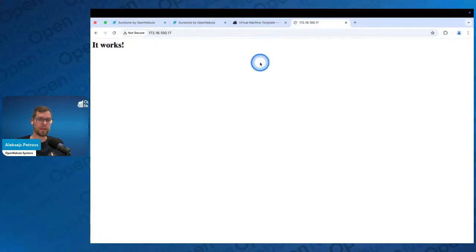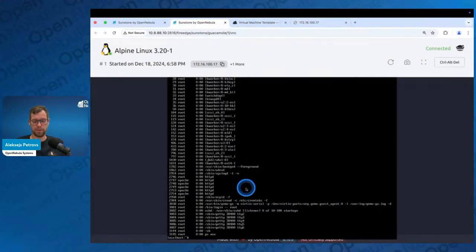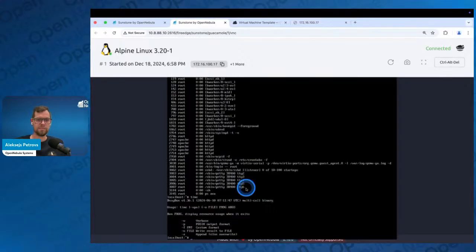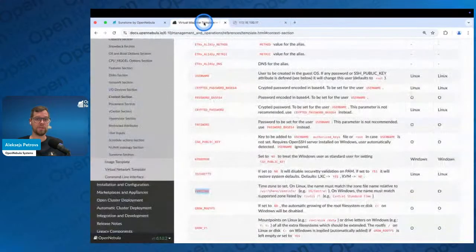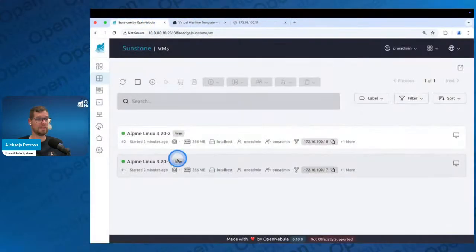the Apache HTTPD on that. And additionally, let's run, let's say, date, and the date is Eastern European time zone, which basically is my time zone. So that is as easy as that when it comes to deploying the virtual machines and configuring them, and basically